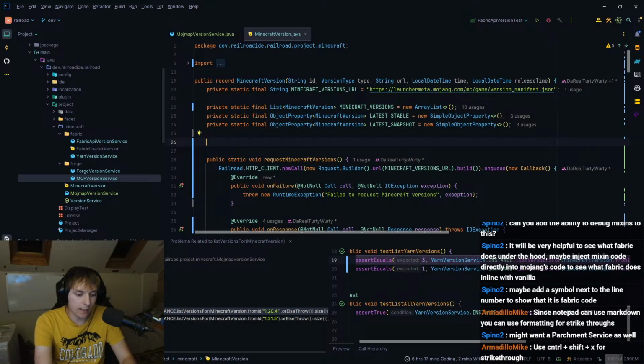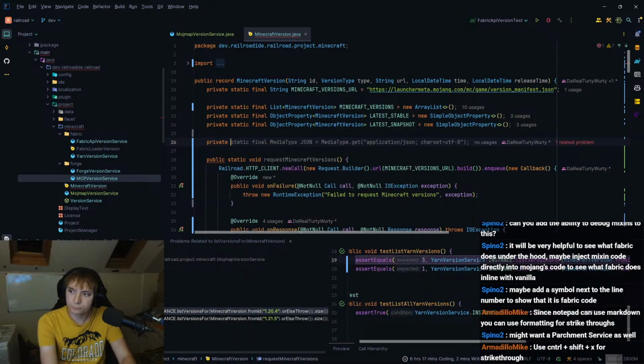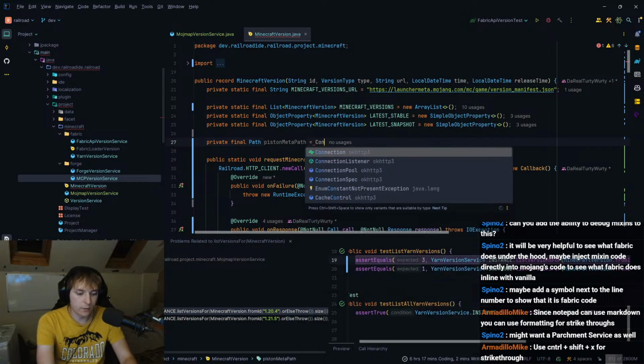We'll have a little bit of cache, and we're going to start caching some piston metas. So we'll have a private final path piston meta path is equal, and we're going to use the config